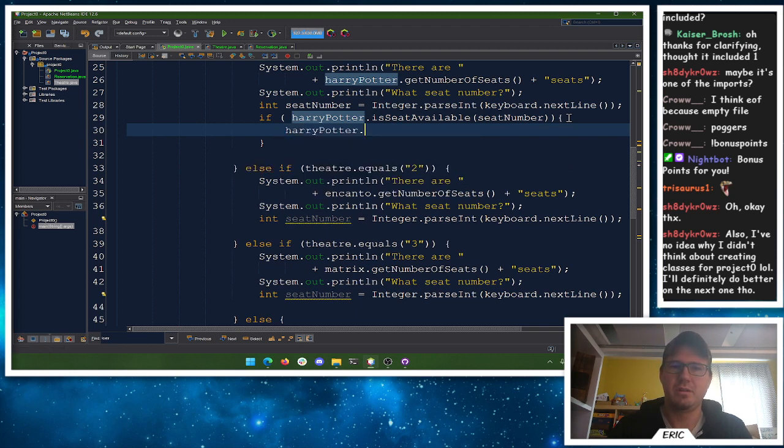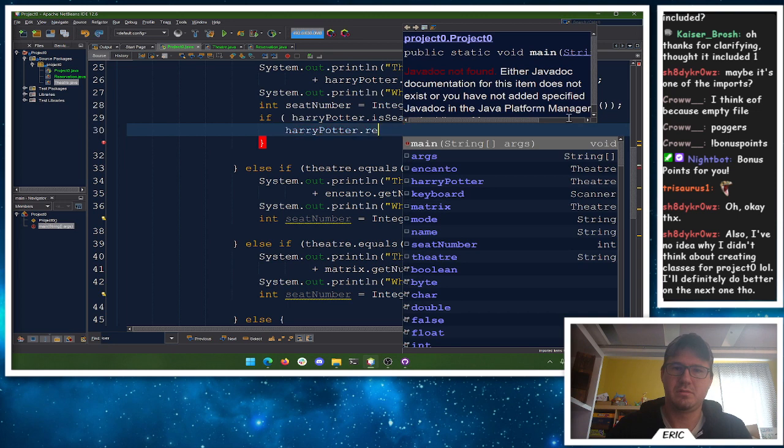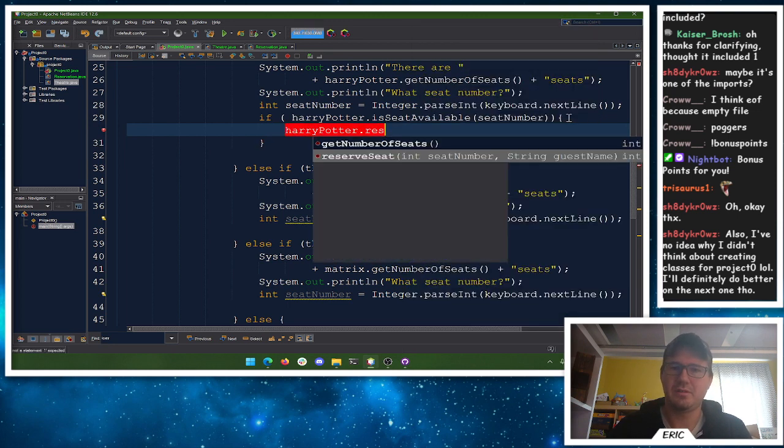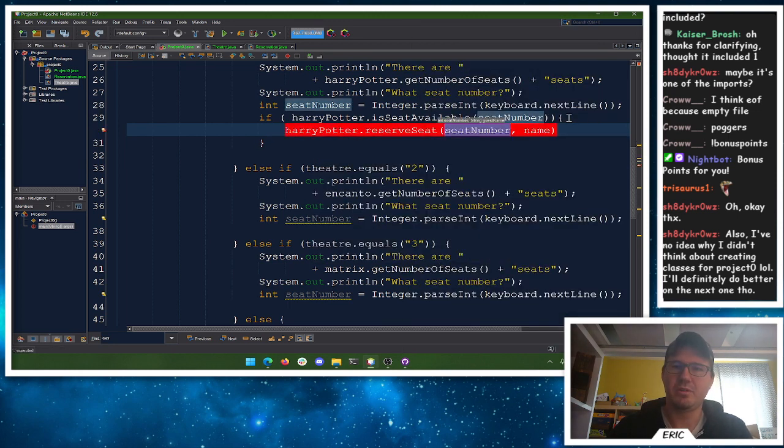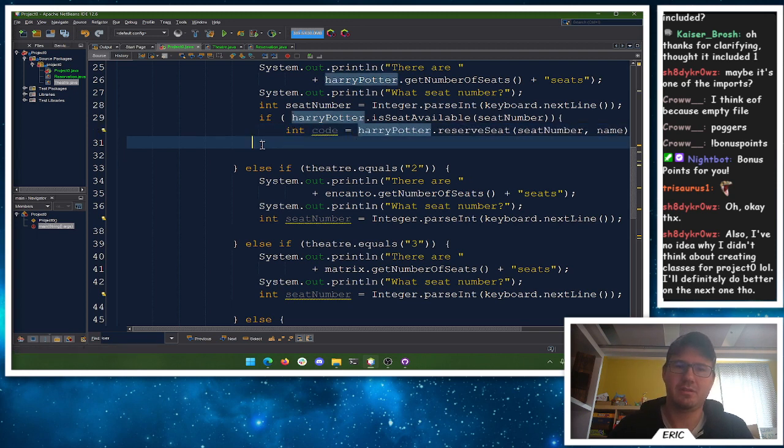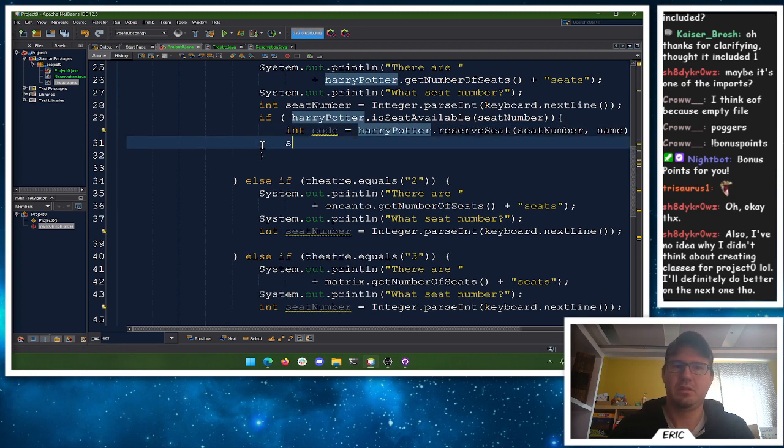Harry Potter, reserveSeat, given the seat number and their name, and then we just need to tell them their confirmation code. So int code is that. You can say we reserved your seat. Your seat. Your, I don't know, your code is